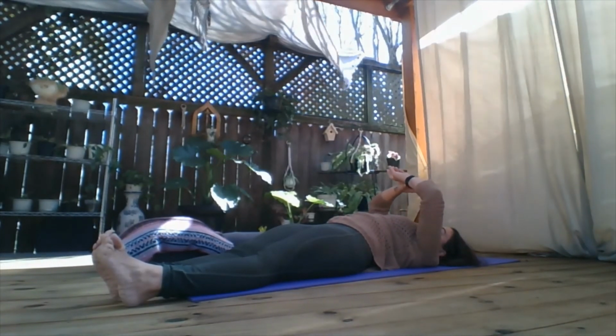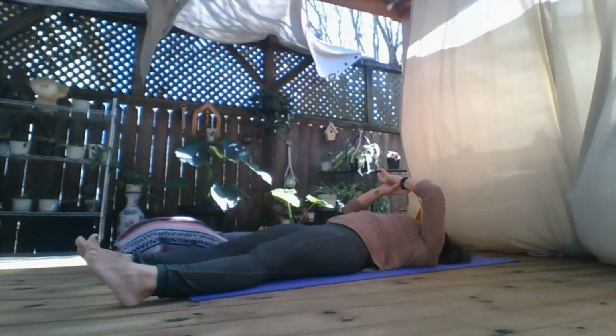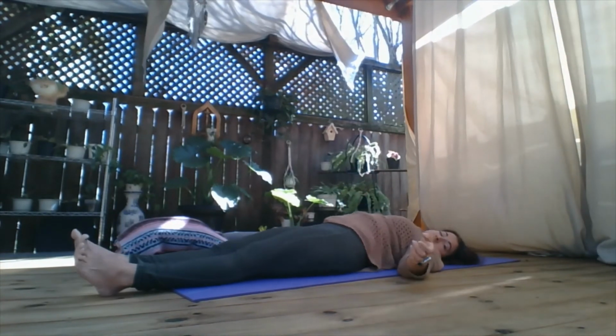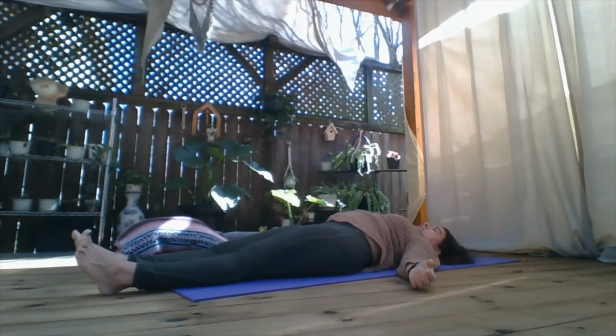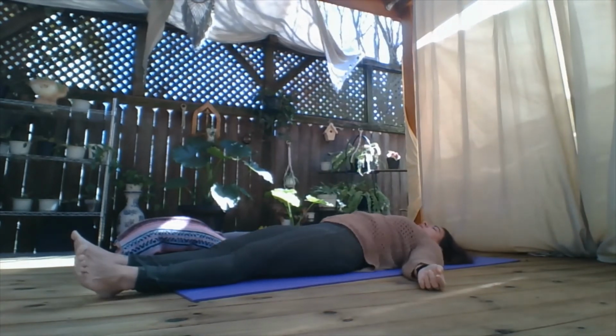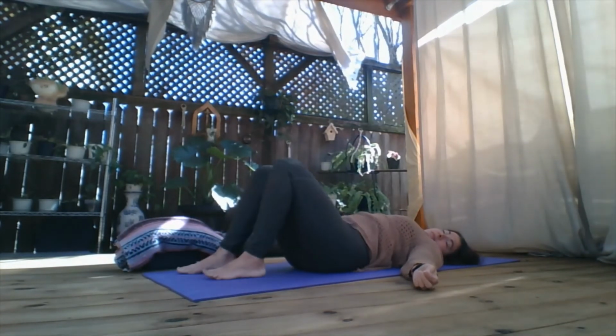Slowly we'll bring ourselves back. Allowing yourself to come back to center. So first move yourself back to center, and then allow yourself to shake out a little here. Shaking out the shoulders, shaking out the hips, bending those knees and swaying from side to side for a moment